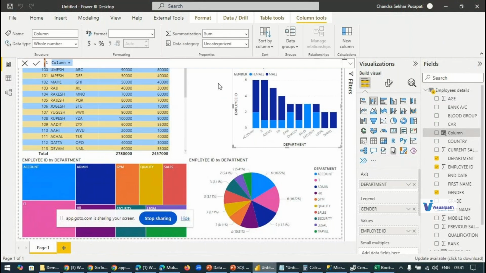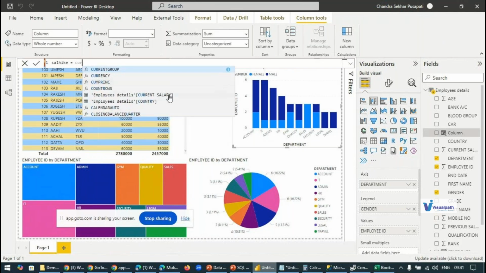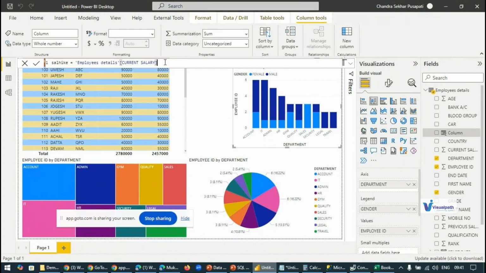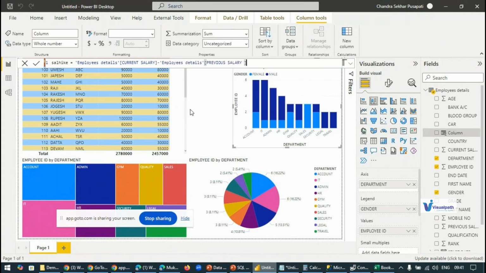You can give some name to the column, increment or salary hike, whatever you want. How to add a new calculated column, sir? In the Modeling menu, there is a New Column option. Current salary minus previous salary divided by previous salary, the percentage with respect to previous salary.